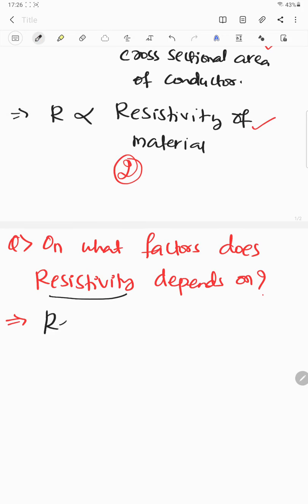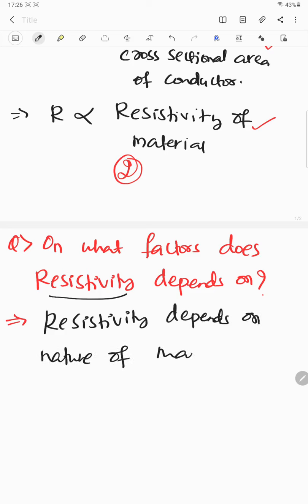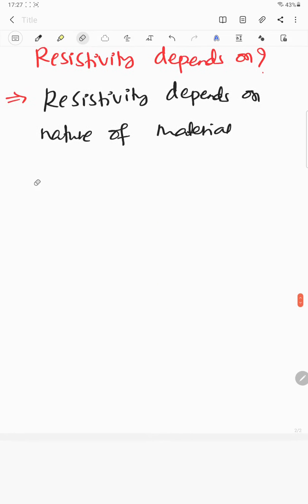So resistivity depends on the nature of the material. Whatever the nature of the material is, it depends only on that. It is not at all depending on length and so on. So that is, the resistivity